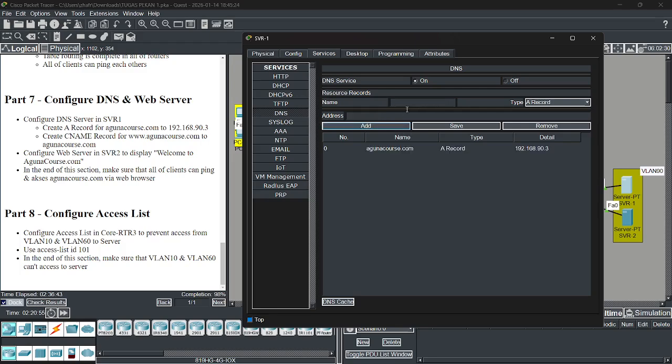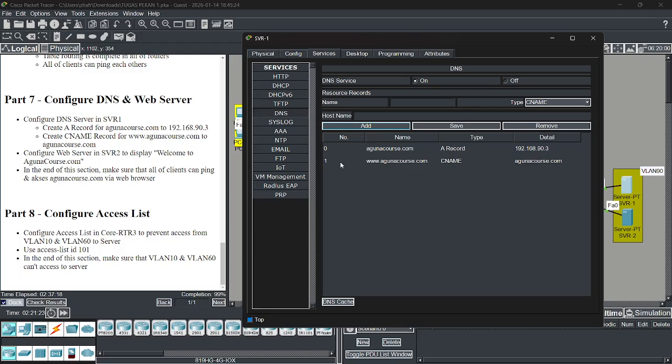Okay, and then CNAME www.agunacourse.com. The hostname is agunacourse.com. Okay.